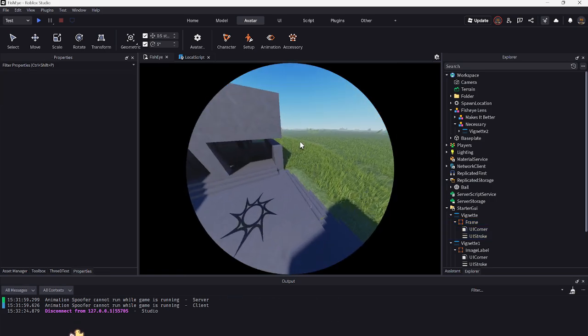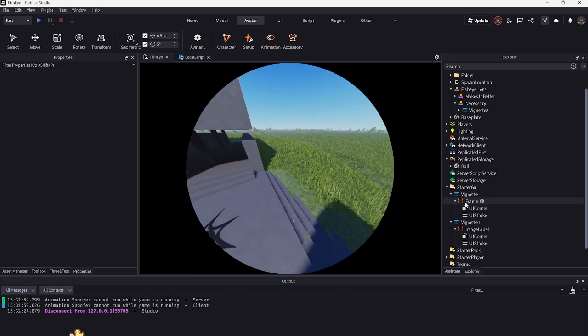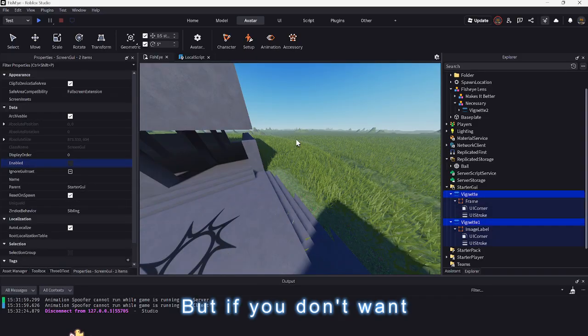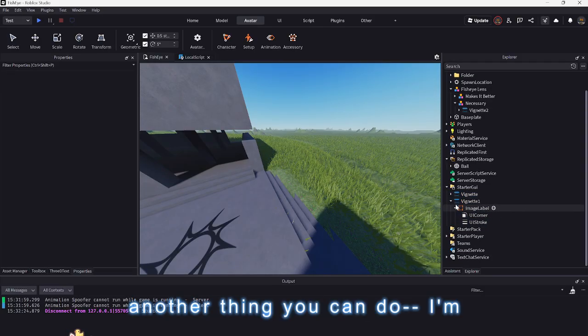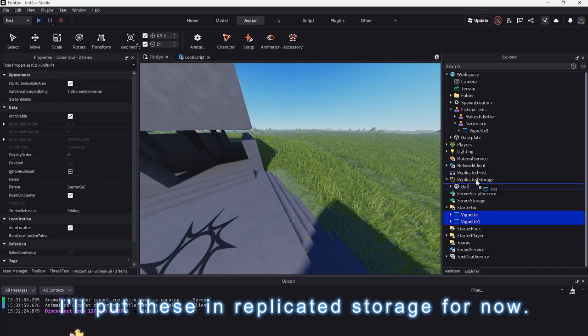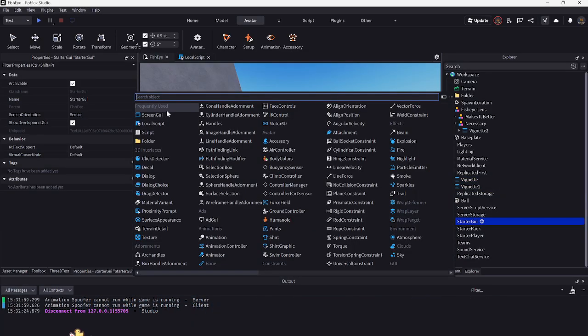There we go. Now what we're going to do, so yeah, that's how I made this vignette. But if you don't want a harsh line around it, another thing you can do, I'm just going to delete, well, I'll put these in replicated storage for now. If you don't want a harsh line like that,